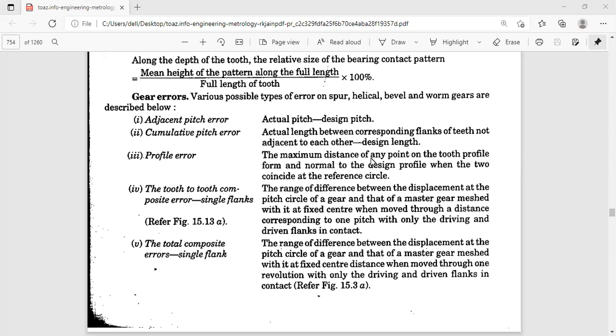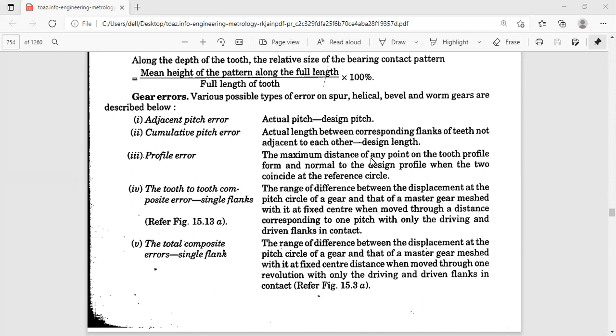That particular gear which is manufactured will be meshing with the master gear with its fixed center. Then when it's moved through a distance corresponding to one pitch, we'll have the driving and driven flanks in contact. So that we have two types of flanks.